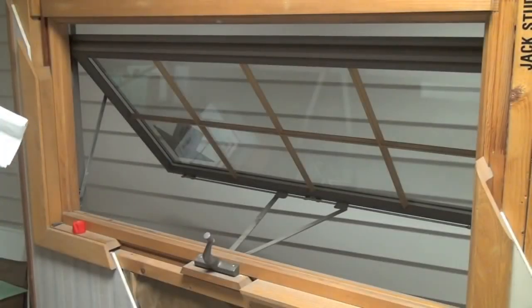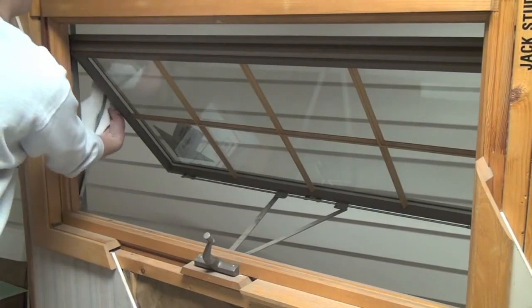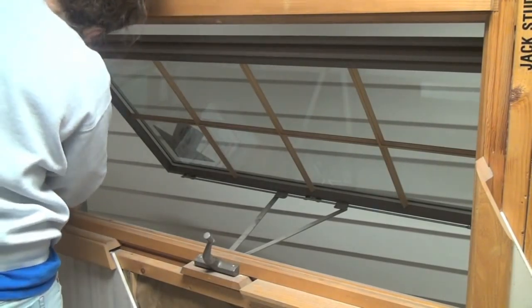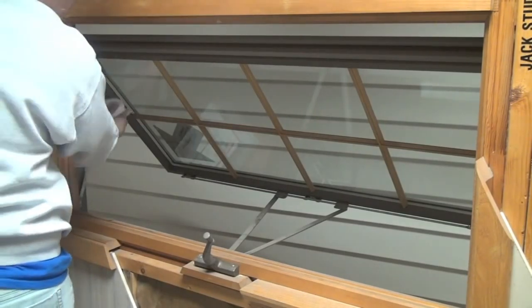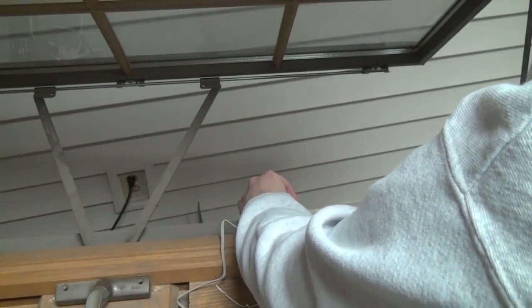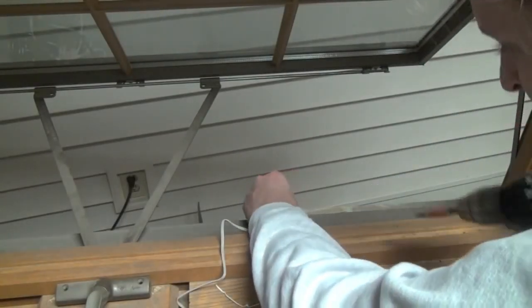To begin, clean your windows. Use a silicone-based lubricant on a cloth. Make sure that the moving hinge parts on the side of the window have been lubricated so that it opens and shuts smoothly. Once the moving parts of the windows have been cleaned, we need to install the rain sensor